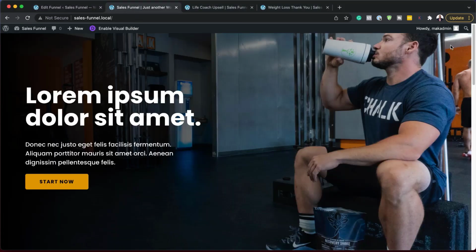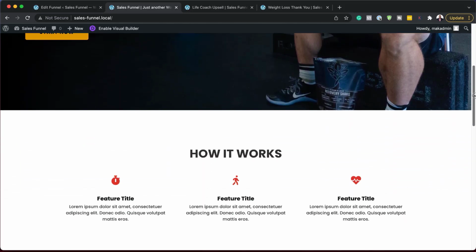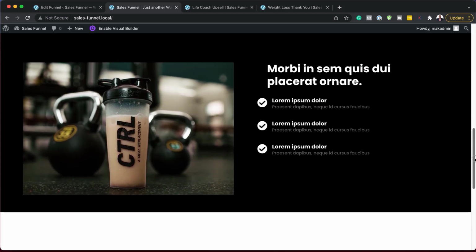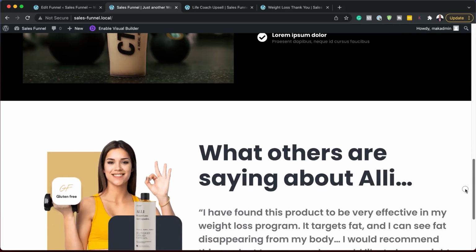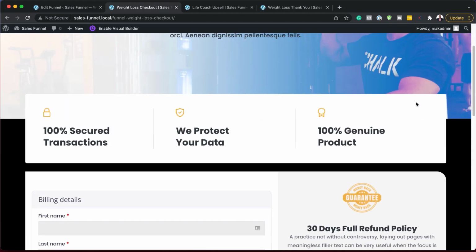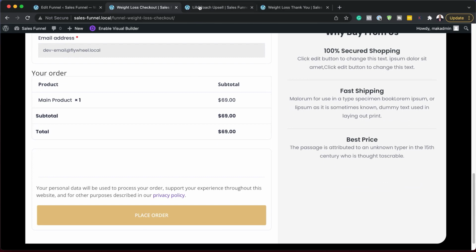So if I come over here, this is going to be our landing page. I'm going to scroll down here so you can see the rest of the content. You can see this is a very clean design and it has everything that we need to convert really well. So once the customer comes here and clicks on Start Now, it takes them to the checkout page. They'll scroll down, fill in their details, and as soon as they place the order, they get